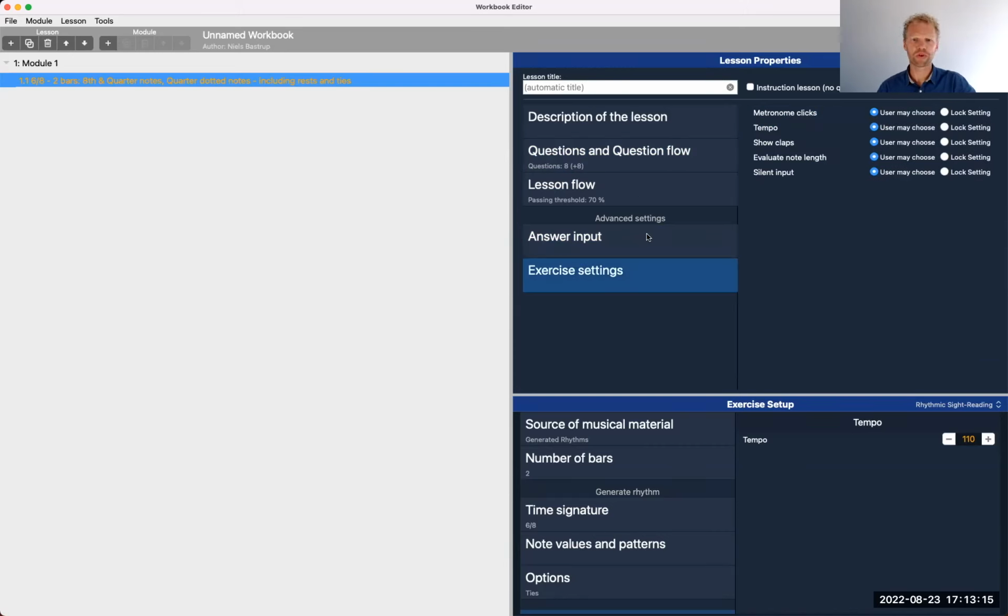I want for the exercise settings here that tempo should be user may choose, but I want the note length to be evaluated too, which means that it's not just the rhythm, but it's also how you sustain the notes. All right, so